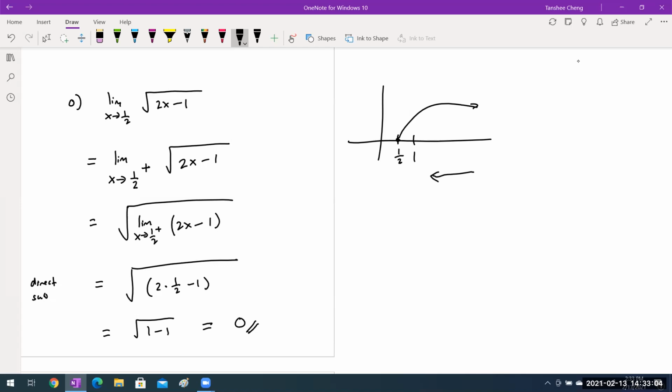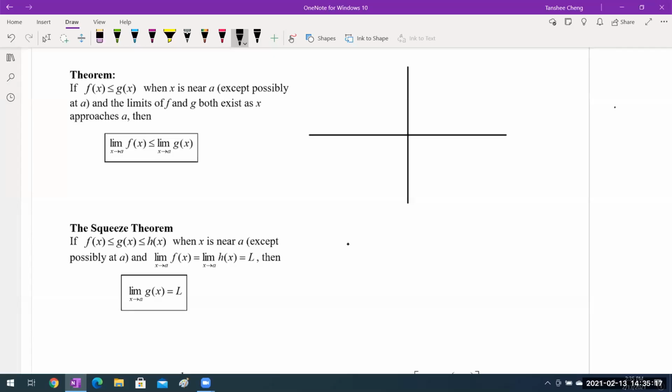And that is all the examples using the limit laws and direct substitution. And then what we're going to do now is continue looking into the important theorems of this chapter, this section. The first theorem tells us what is happening on the limits of functions when the functions have an inequality involved, meaning one function is smaller than the other function, or one function is greater